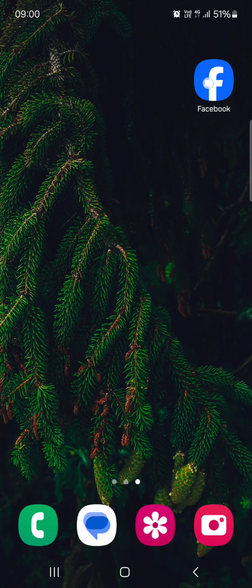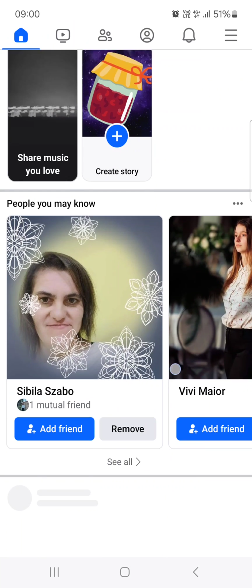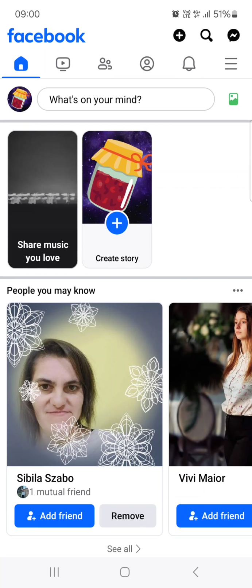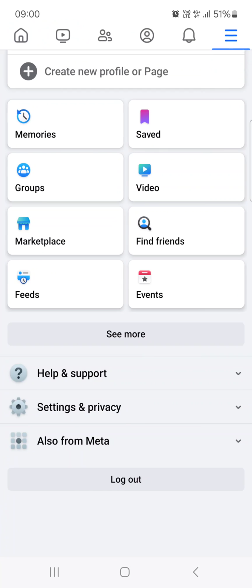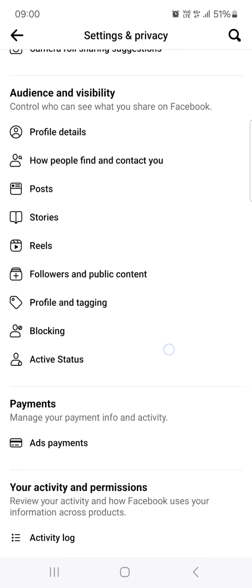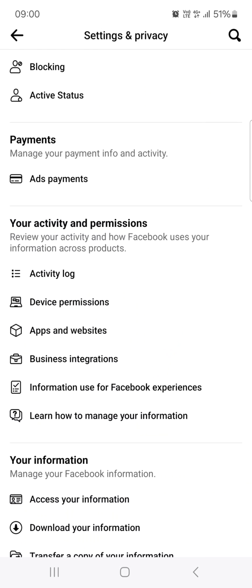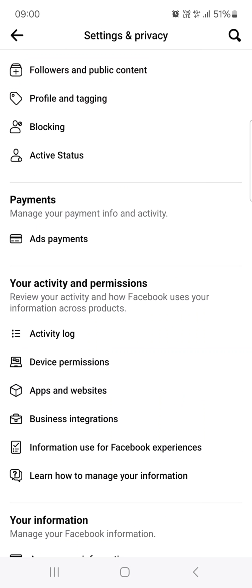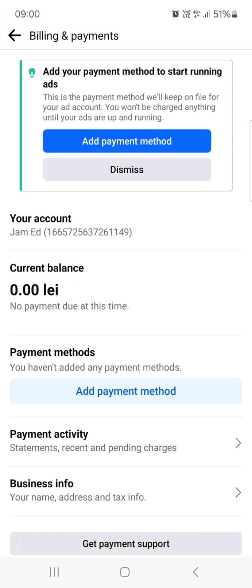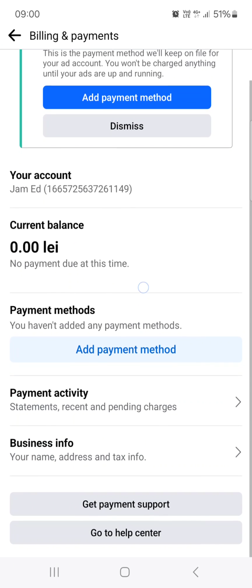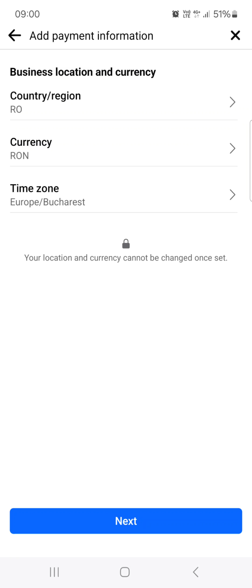First we have to open up the Facebook app. Here it opens up in the feed. From here we just go into the top right corner and tap on the three lines, and then tap on the cog, and then we scroll down almost to the very bottom, and then under payments we tap on ads payments, and here we can just tap on add payment method, and then we can continue by filling in